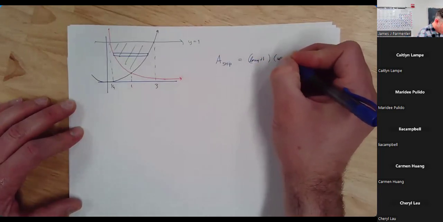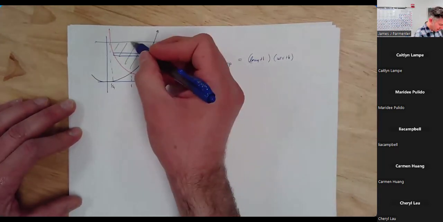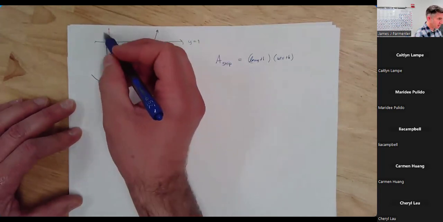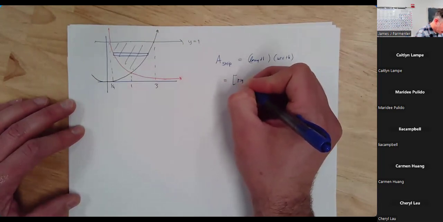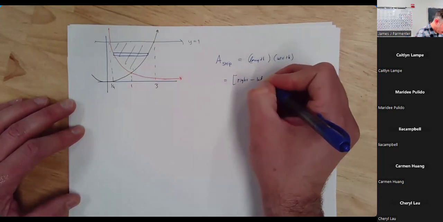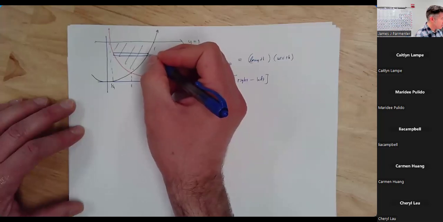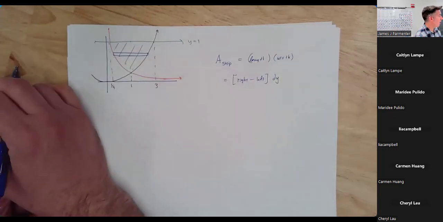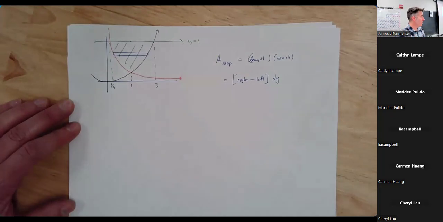times the width. And unlike before, instead of the length being the top minus the bottom, now the length of that strip is going to be the right function minus the left function. That's going to be right minus left. And the width of this strip is a small change in y. So it's a dy. And if you're using a dy, that means you have to write your functions in terms